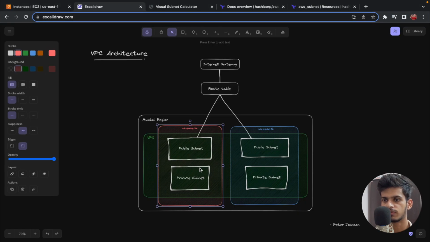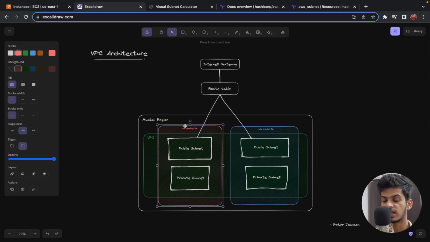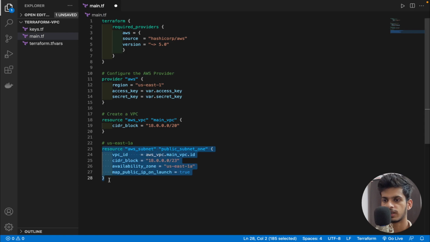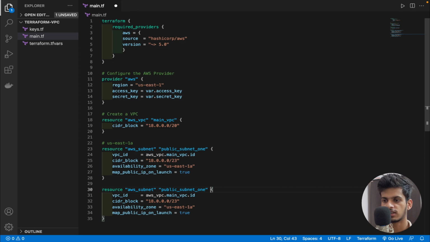Now if you go to the diagram, we have created this particular public subnet inside this particular region, and now let's do the same for this particular private subnet. So I'm going to simply copy the code down, and the things that I'm going to change is that we're going to change it to private_subnet_1,